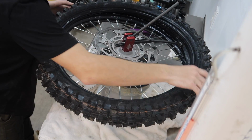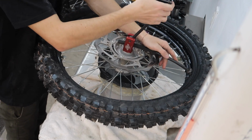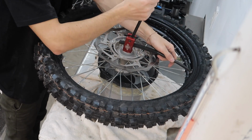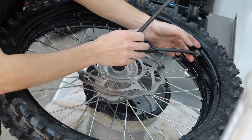I'm gonna put this in real time. I'm not gonna speed it up. And the good thing is you're not clamping, you're not pulling anything where you could potentially pinch the tube. Actually, I want to get a better angle. Right here, this little thing,